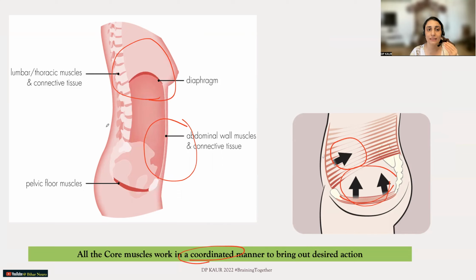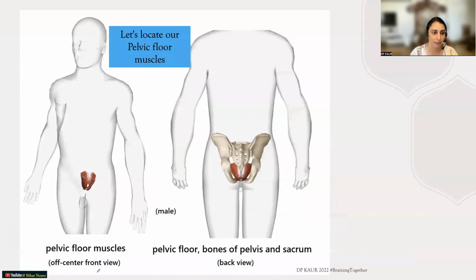which movement takes place? Expiration. Okay, when the diaphragm comes down, these abdominal muscles move out, pelvic floor muscles move down, and inspiration takes place. Okay, so we have to remember that the coordination between these muscles is very very very important. Okay, so by now are you understanding a little bit of the concept of the pelvic floor, where this muscle is actually located and how it acts in a coordinated fashion with the other muscles? Okay,